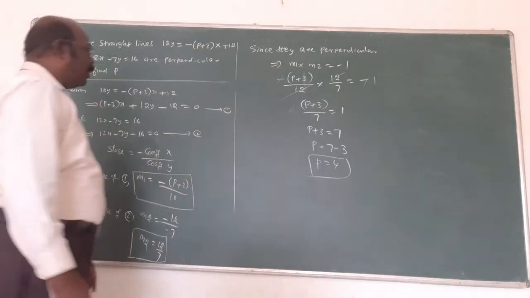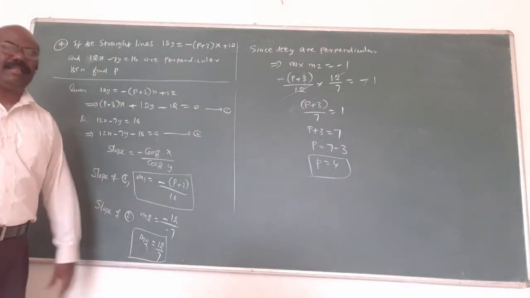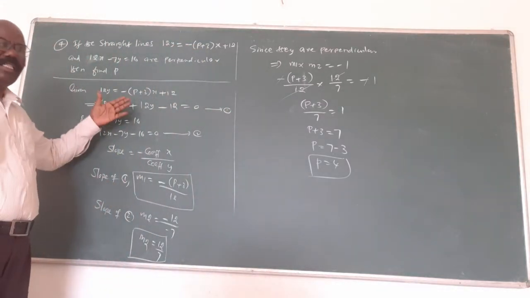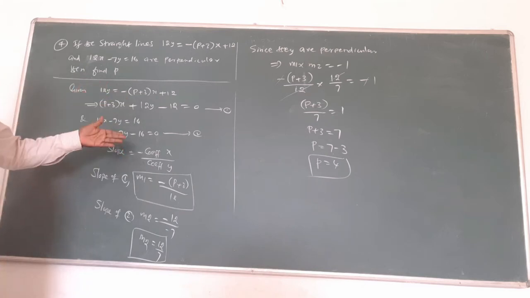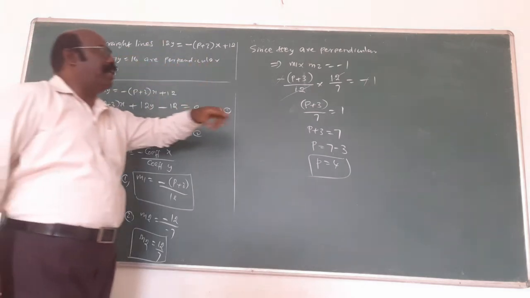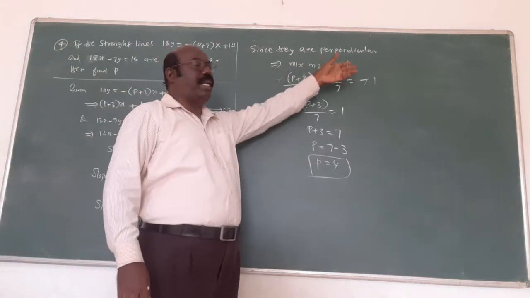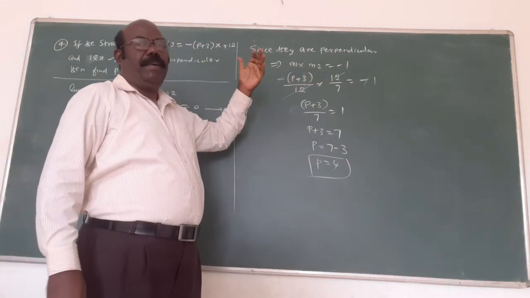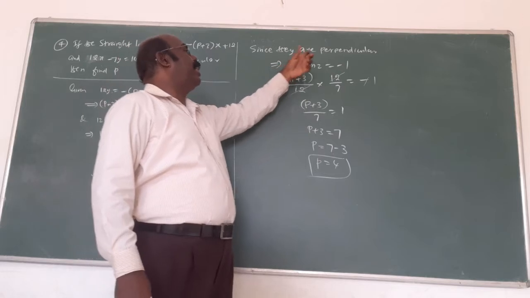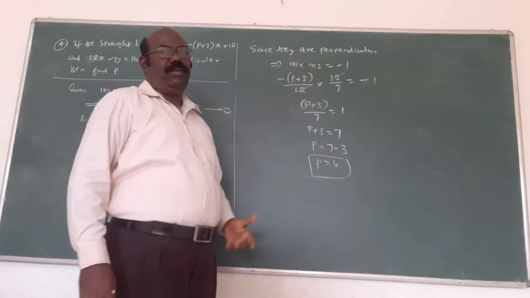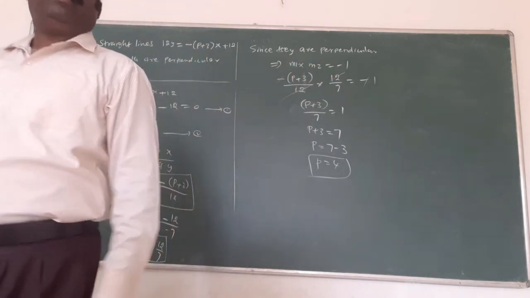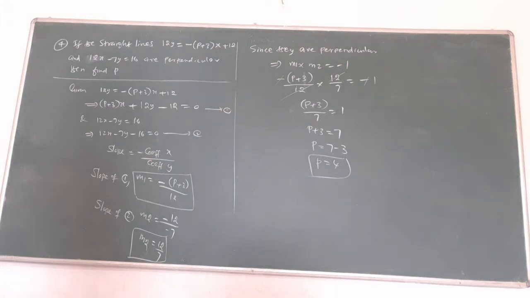This also we want. Two lines are perpendicular, that means what? From the first equation you find m1, from the second equation you find m2. If perpendicular is given, we use the formula m1 into m2 equals minus 1. Suppose the same question, if it is parallel, then m1 equals m2, substitute the values and we get the b value. This is the idea. Here the question clearly says perpendicular is given, so we use the formula m1 into m2, only by using a small formula and a small idea.